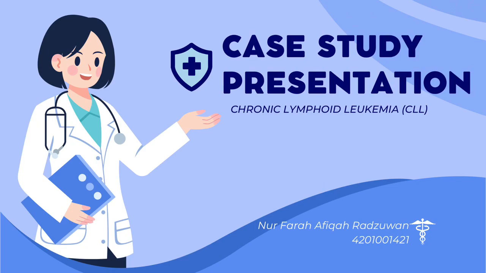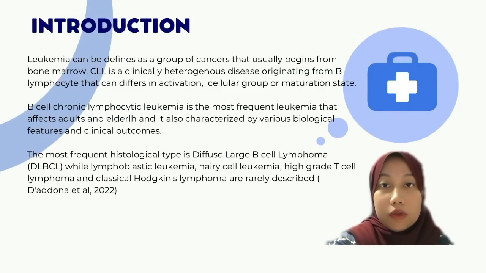My name is Nur Farah Fika binti Razwan, and for my study case presentation, my topic is about chronic lymphoid leukemia. Leukemia can be defined as a group of cancers that usually begins in the bone marrow and results in high number of abnormal white blood cells. Proliferation of hematopoietic stem cells of bone marrow results in the accumulation of abnormal white blood cells in bone marrow